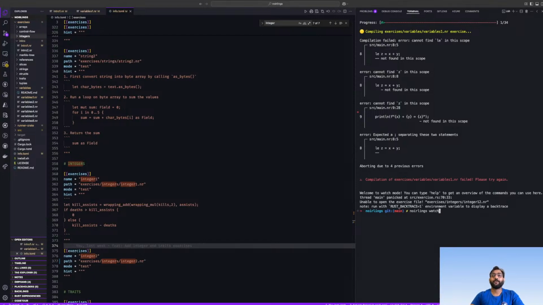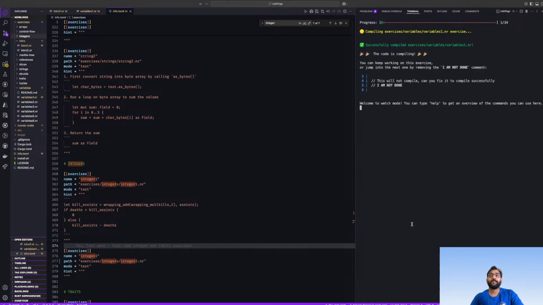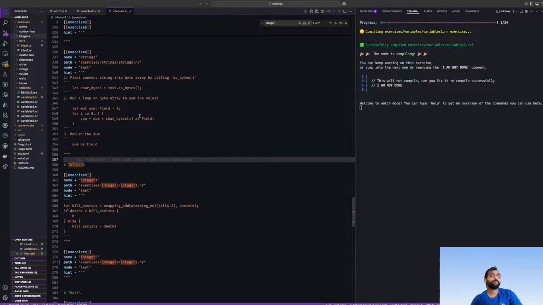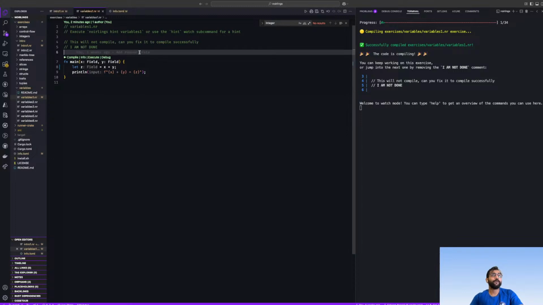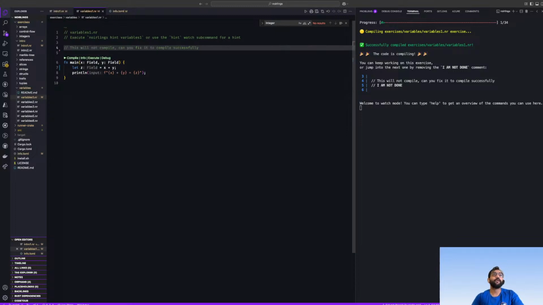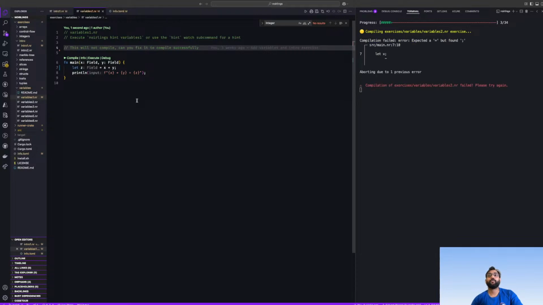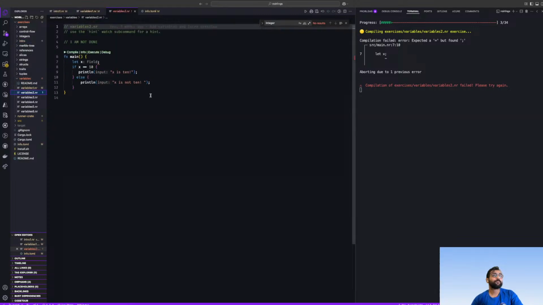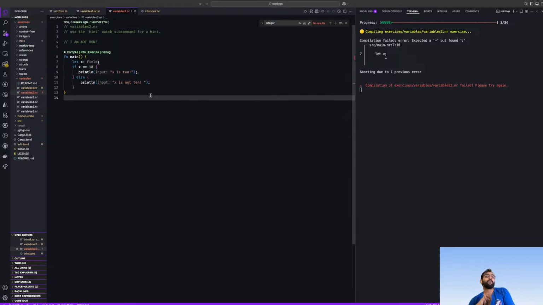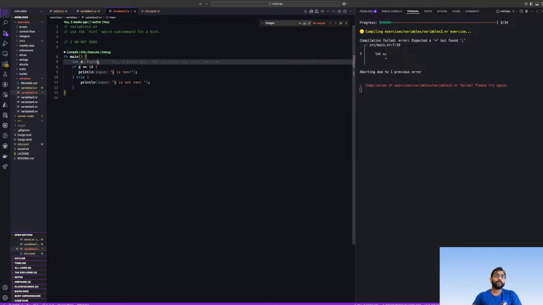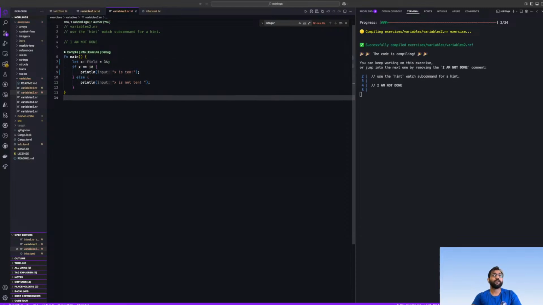Okay, so we are going to do Noir link watch again. Now we go to variables one. Variable one is already done. We now remove this comment, and it should take us to variables two. What is the issue with this one? X field, if x equals to 10, x is 10. Okay, so here we haven't defined any value to x, so we can just do 34. Okay, and it will compile.